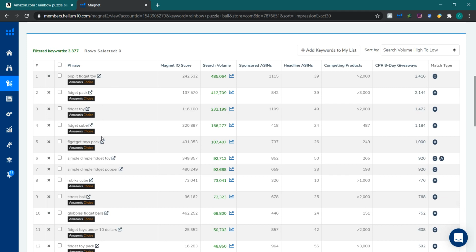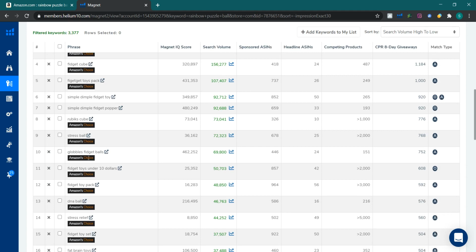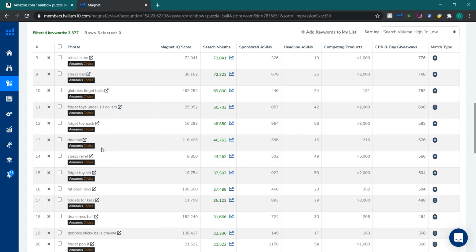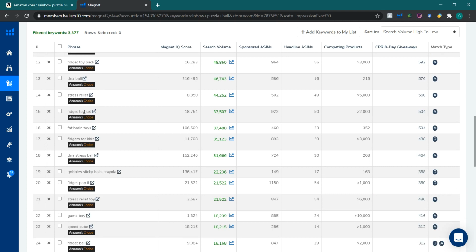No, no, no, no. So simple new, stress. No. The keyword should look similar to the keyword I have searched, so that I can have an idea that maybe it is the relevant keyword.